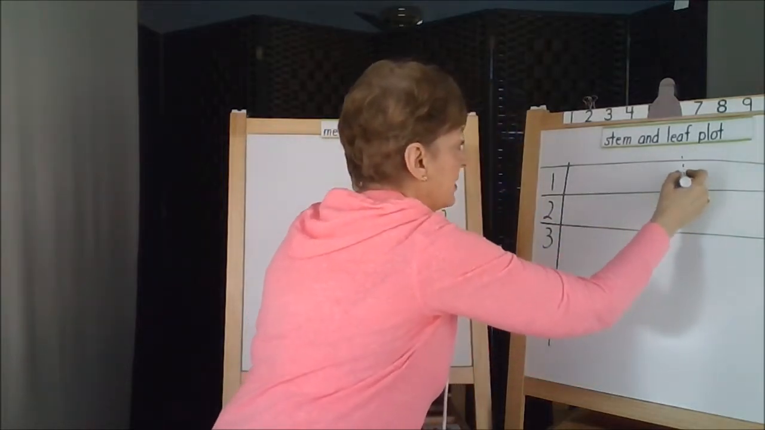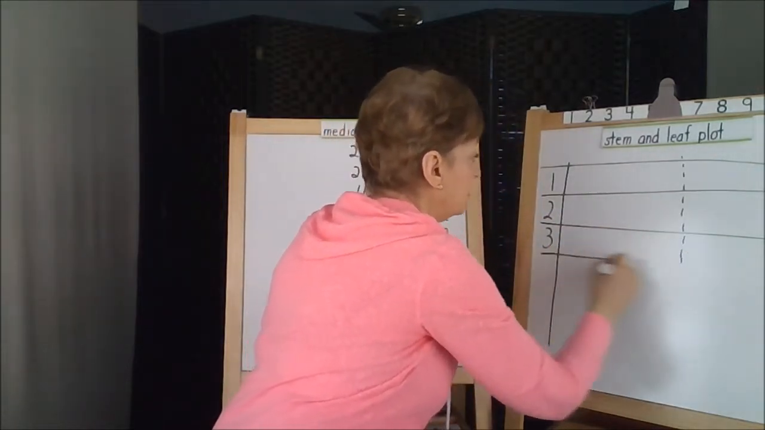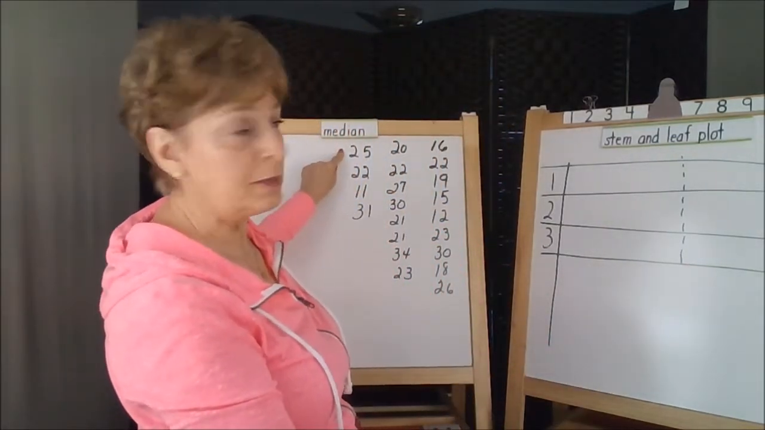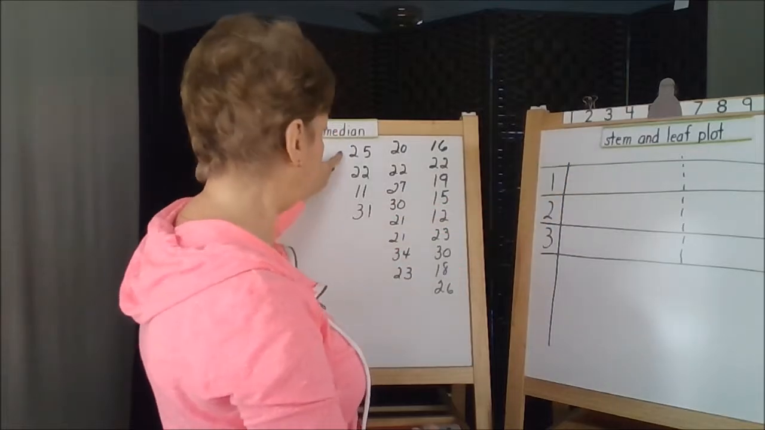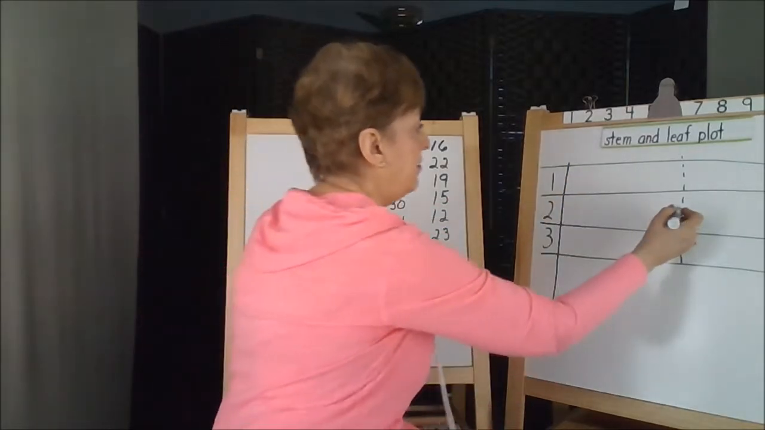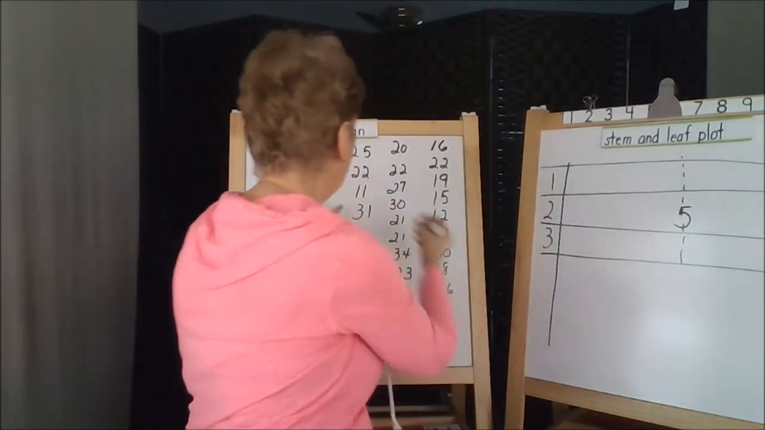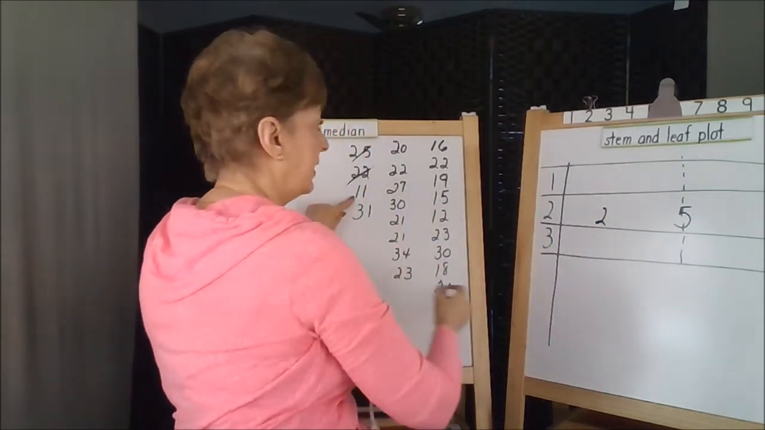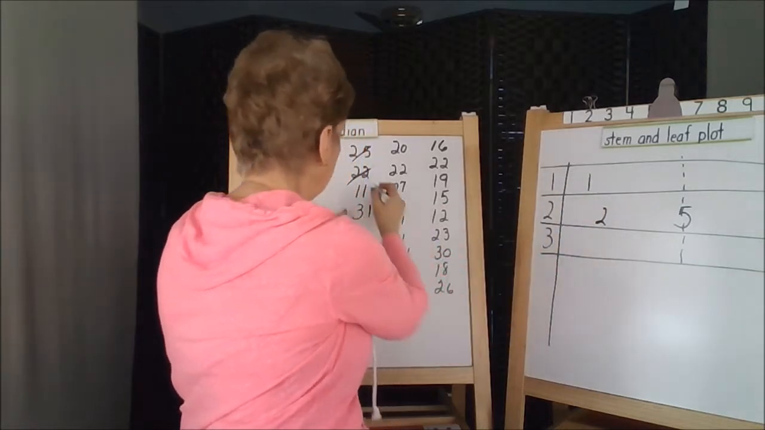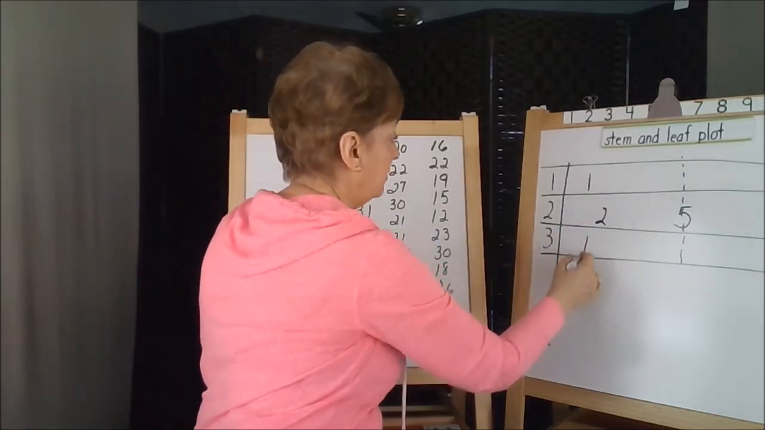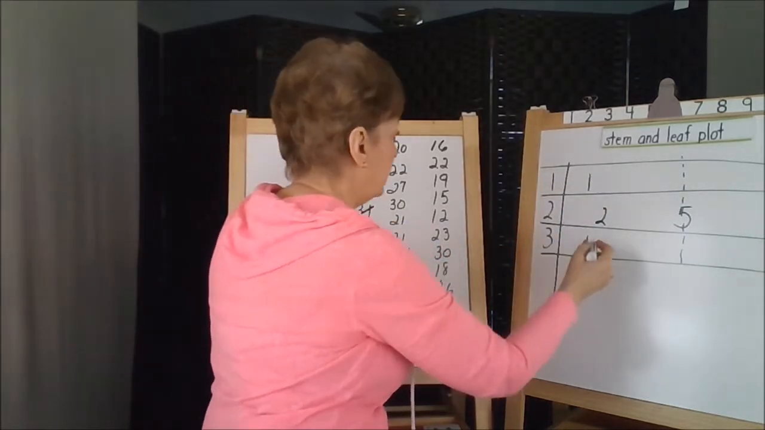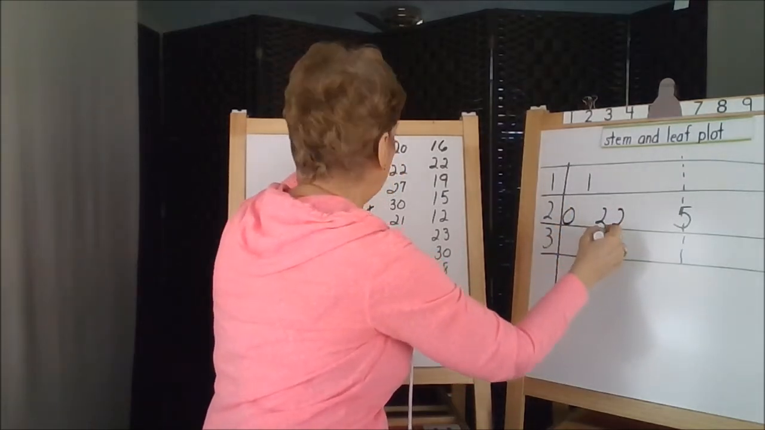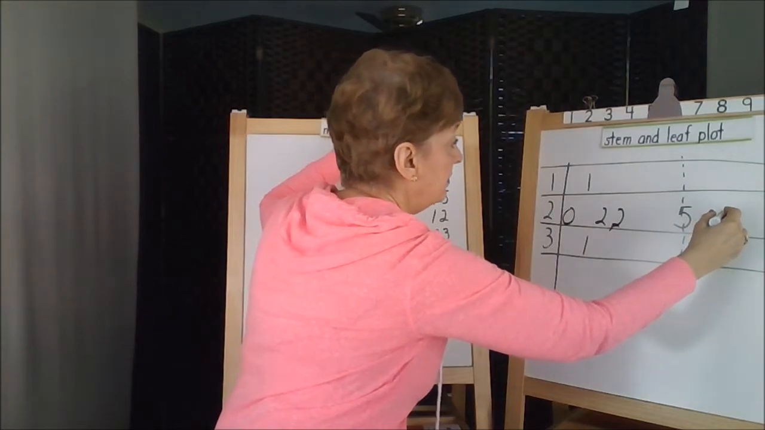I'm going to eyeball this about the halfway point and start to actually put the data into the stem and leaf. Here we have a 25, 22, 11, 31, 20, 22, 27,